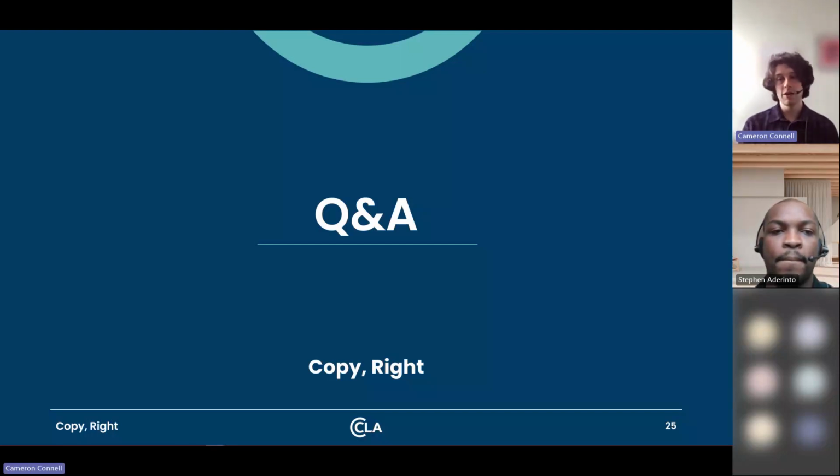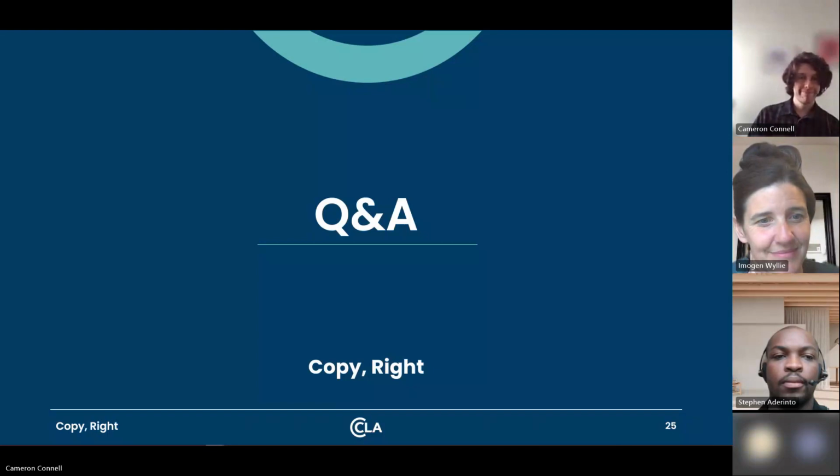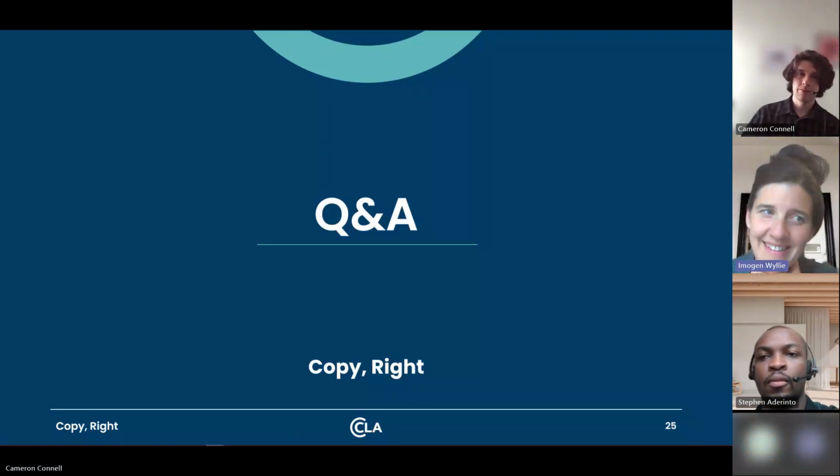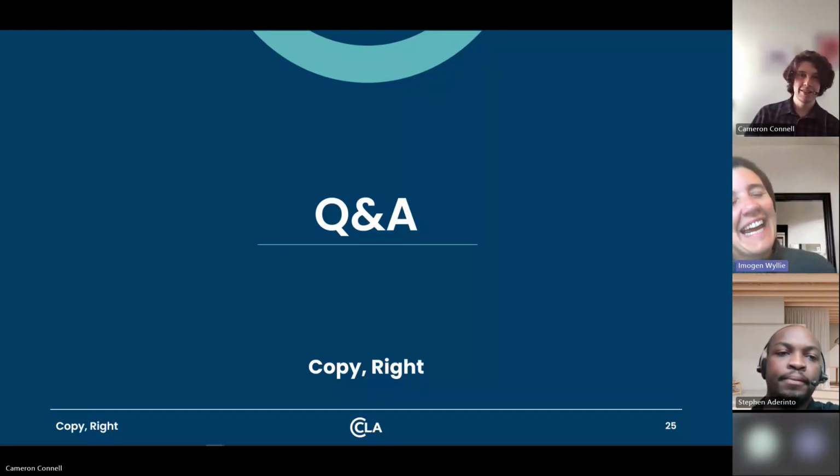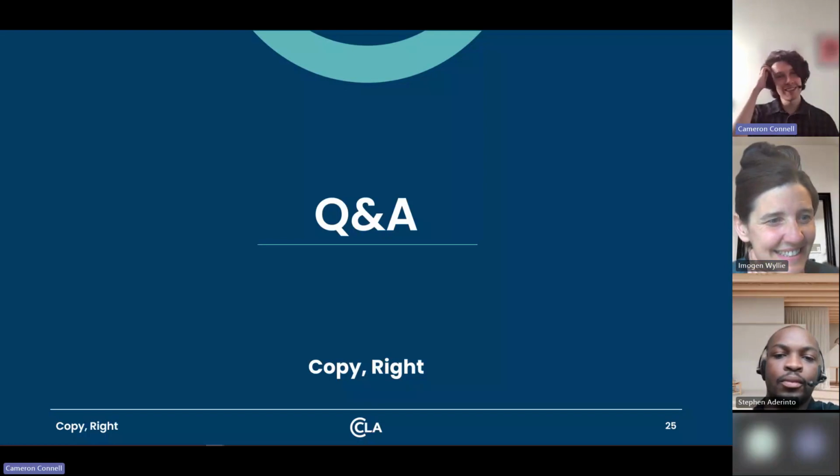Okay, doesn't look like any questions are coming through. We're going to give it a few more minutes just in case anybody has anything they'd like to ask, and we can go through those. If any questions do come up, of course, there's the help desk, and Cameron and Stephen will pick it up. The now doubled help desk. Yay!